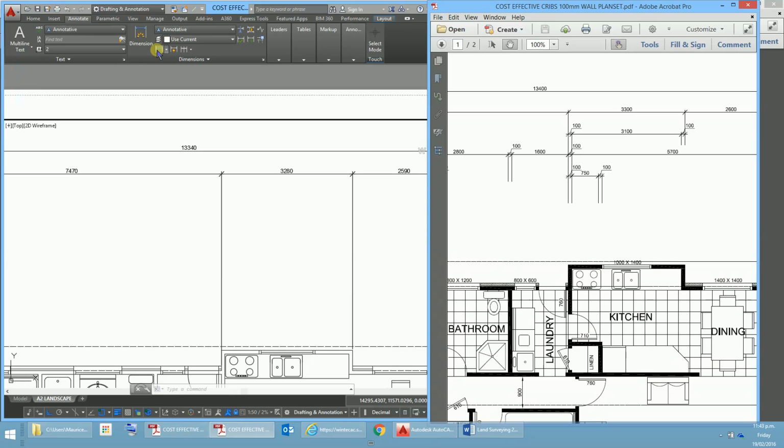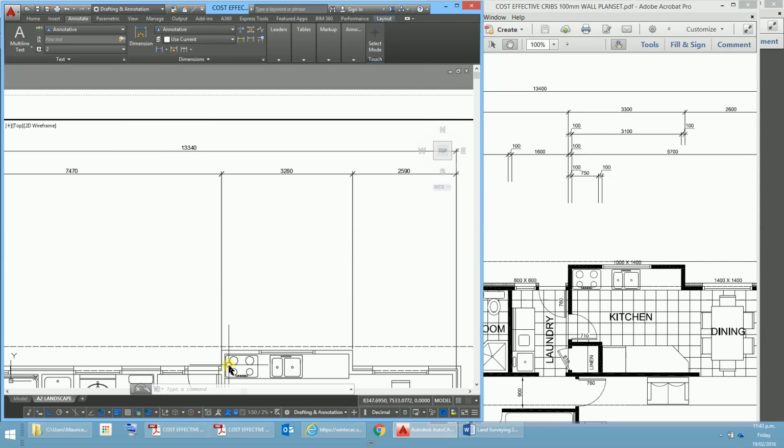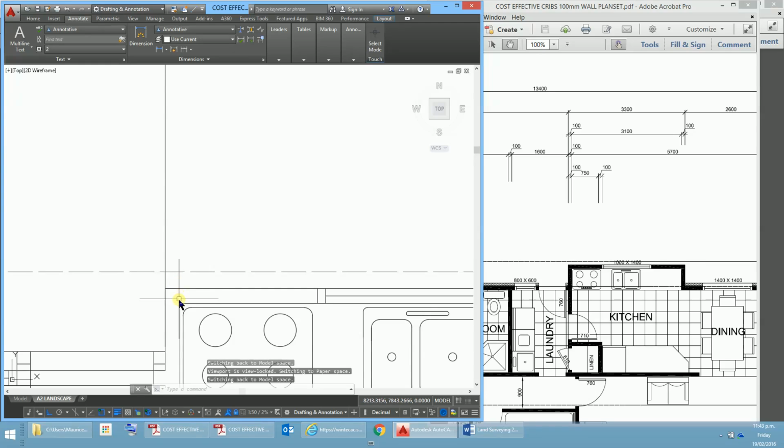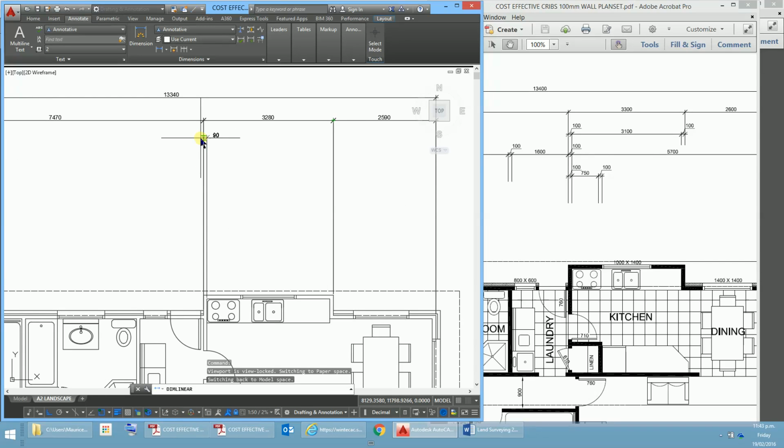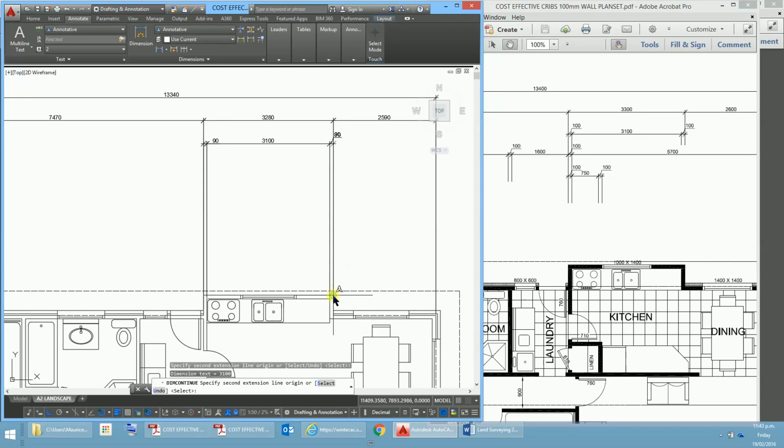So again, we come back to here, okay, and just go, oops, I might just escape out of there, just do another linear again, there's our linear there, and again we're just going to go from there, but we're going to pick up this wall here, and that should be at 90, so we just drop that down in there, about the same there, and then we're going to push continue, and we're going to pick up the other wall, and then we're going to finish there like that, and there we have our,